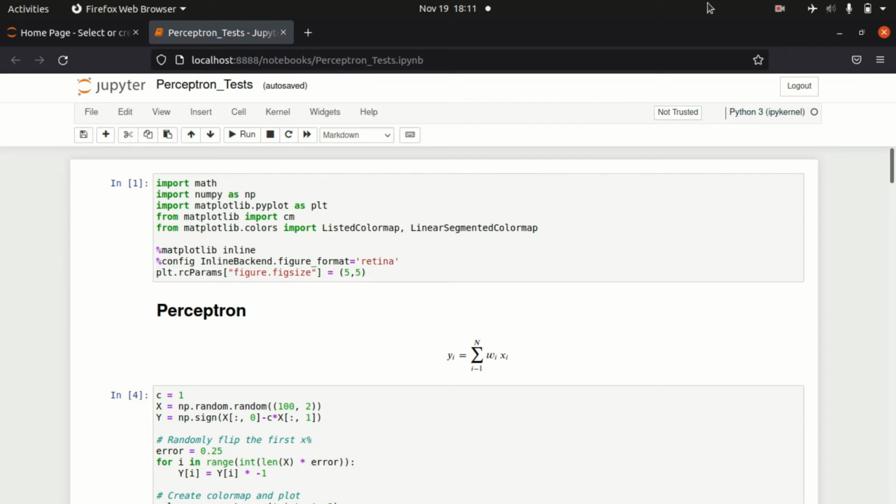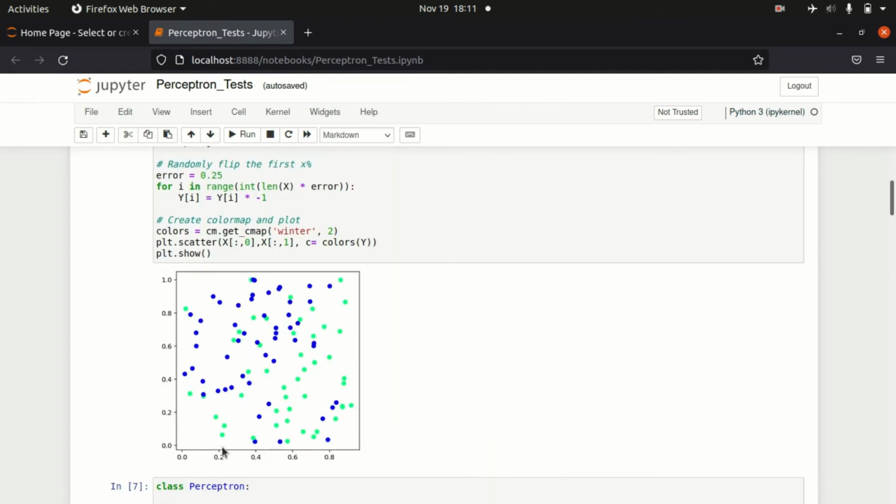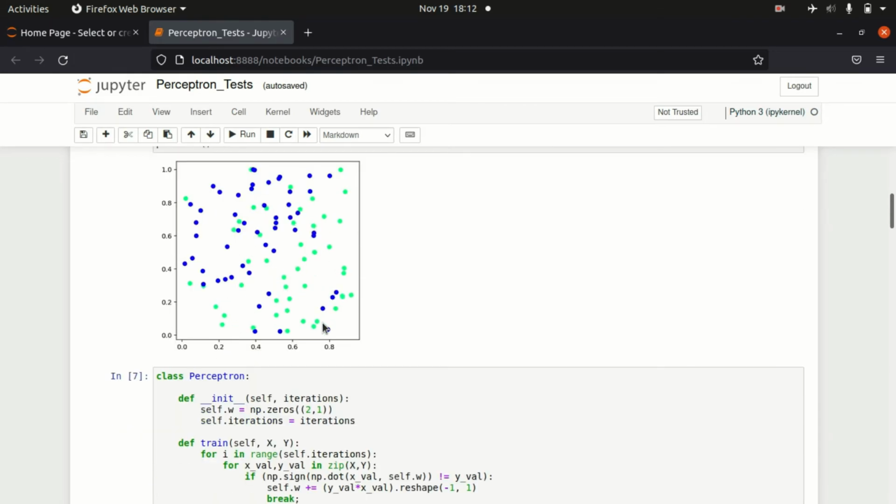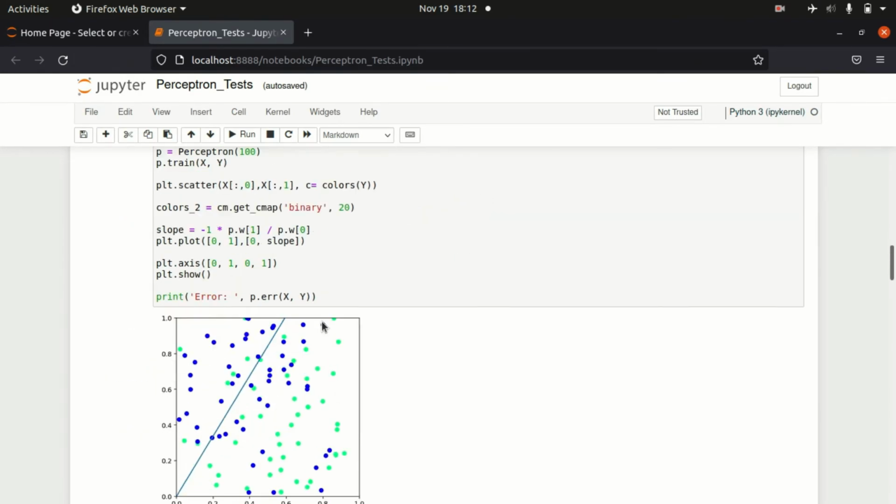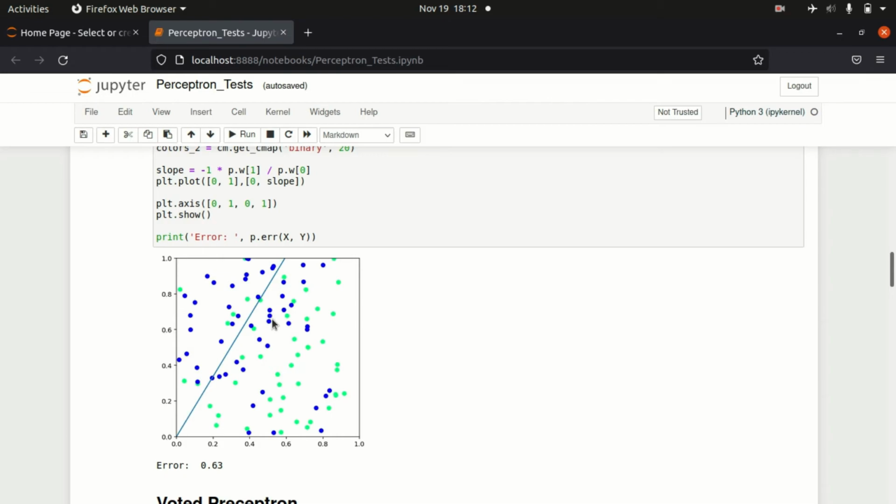Therefore, the weight vector that correctly classifies a large number of points should have more influence in determining the separating hyperplane. So suppose here I have a data set with the deep blue and the light blue points. When I run the perceptron algorithm on it, the separating hyperplane is this. It gives an error of 0.63, which is quite a lot of error, caused by the update on these data points on the edge here. One way to achieve the influence of all the hyperplanes is by voting.